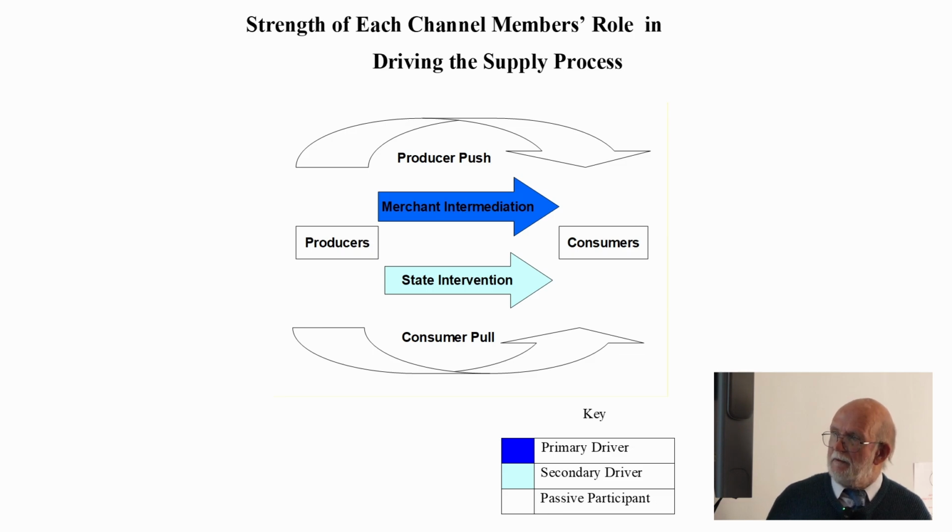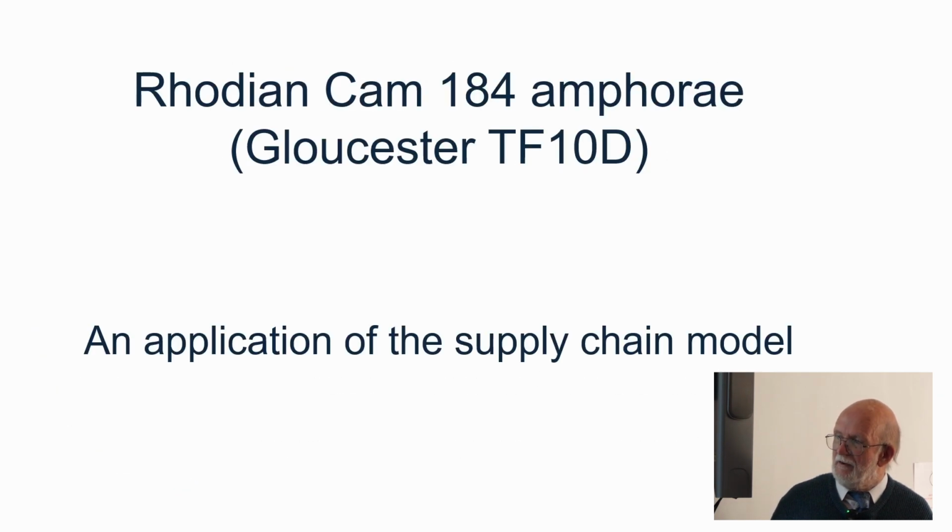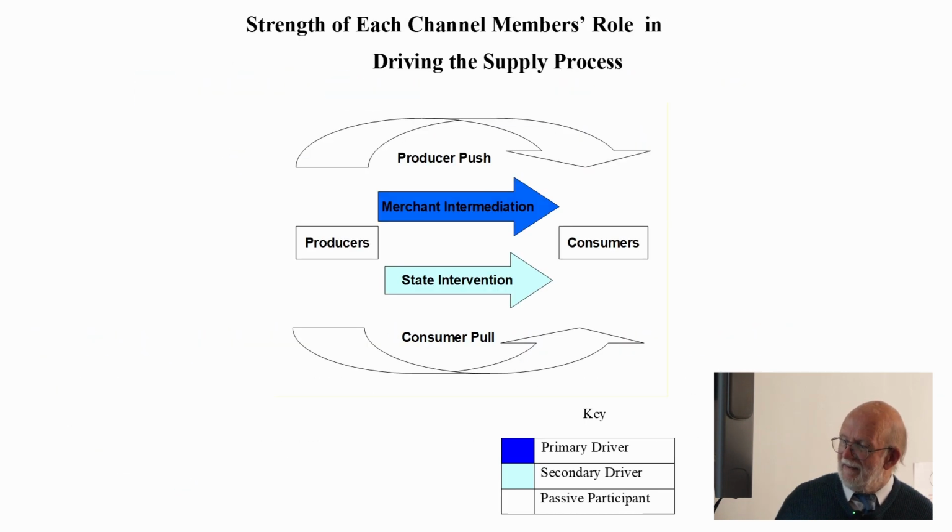The heavily shaded boxes are what appear to be the dominant drivers of the system, through the evidence of people who are controlling particular trade flows, supported on occasions perhaps by the subsidiary activities of one of the other channel